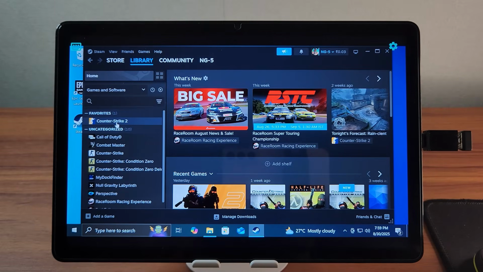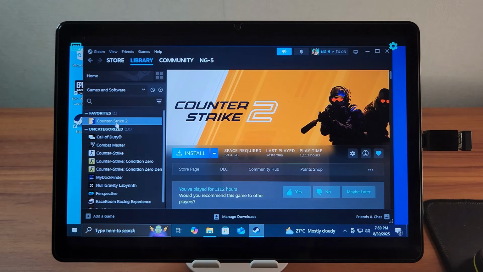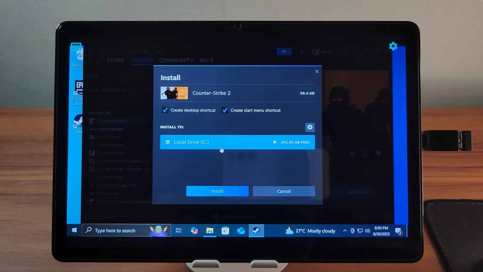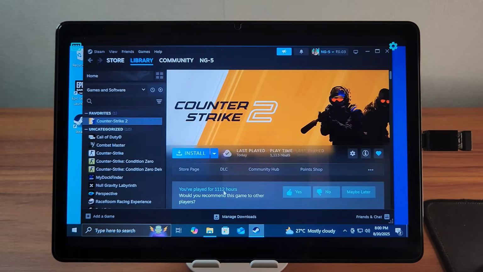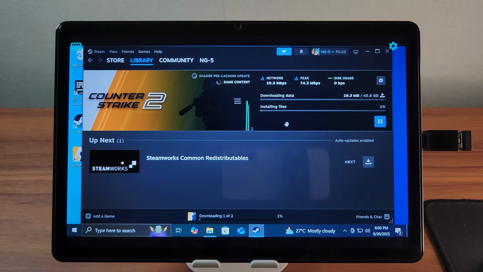Go to your library and install the game you want to play. I am going to install Counter-Strike 2. This will show how well the AntCloud PC handles modern shooters and graphics-heavy gameplay. Click Install. Choose the default location and let the download begin. The game size is around 45 GB, but thanks to the high-speed connection of the Cloud PC, downloads are very quick. You should download large game files late at night or early morning because at these times you'll get a higher download speed.